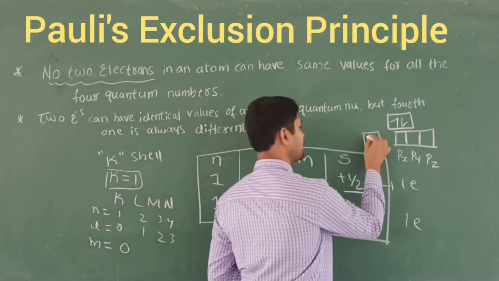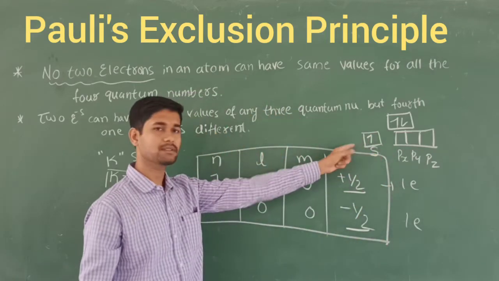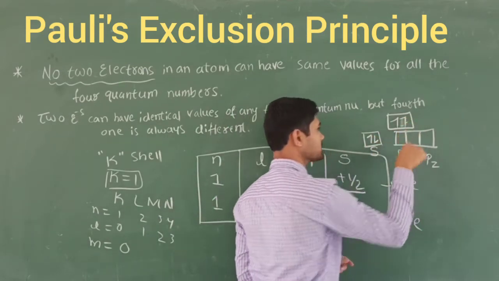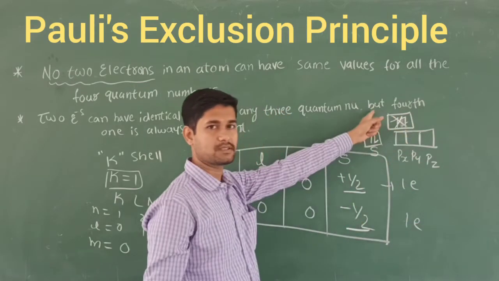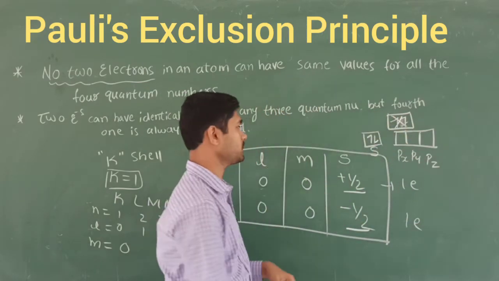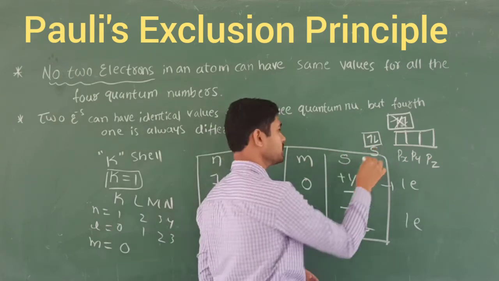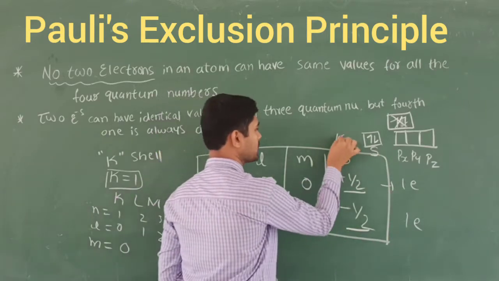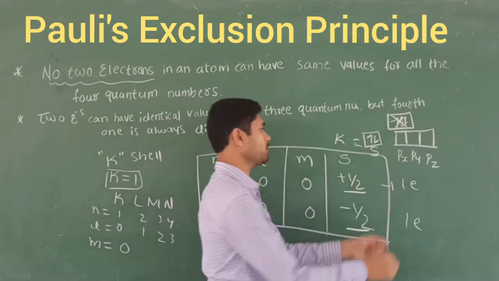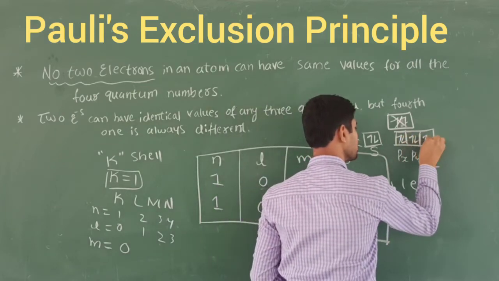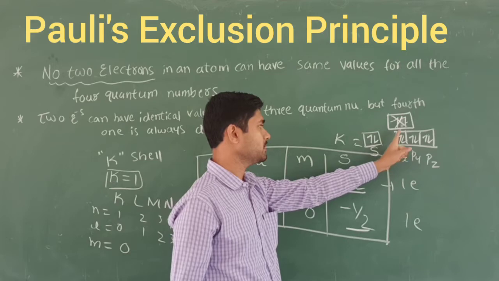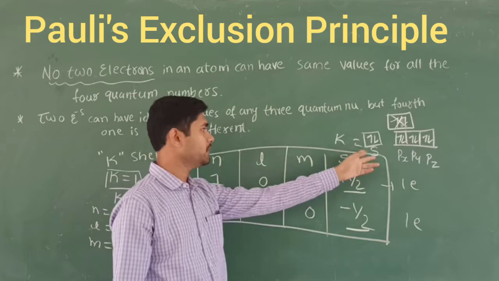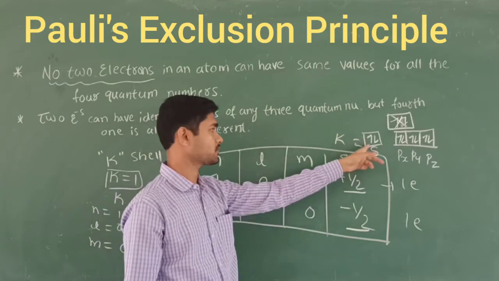So here I can write the electrons like this. One electron I am going to write like this, and another electron like this. We are not going to write the same two like this, because that is not a true statement according to this principle. If the s orbital means only one orbital is there, I write like this. This is called the first shell, the K shell. In the p orbitals, I write like this also, with spins plus half, minus half, plus half, minus half. Therefore, the K shell can accommodate a maximum of 2 electrons, which have opposite spins, right? These are called opposite spins.